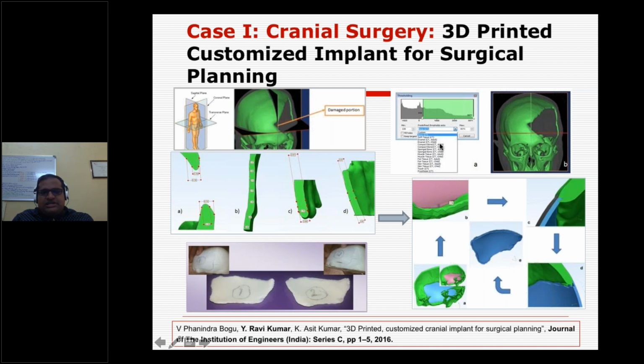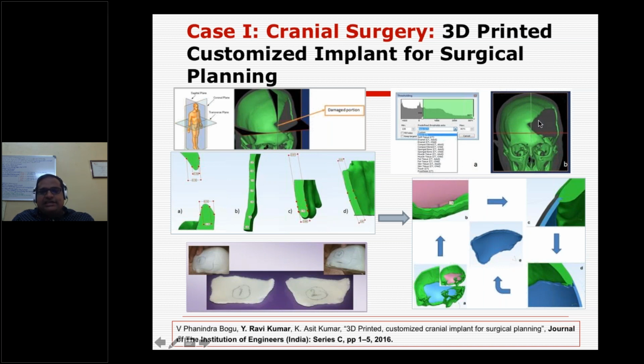You know that there is a range for this. Bone is again not the same density, so you have a varying density of the bone, and we need to supply that range of the bone Hounsfield number, and then we can capture the bone alone from the entire skull portion, which I may be using for my cranioplasty implant.